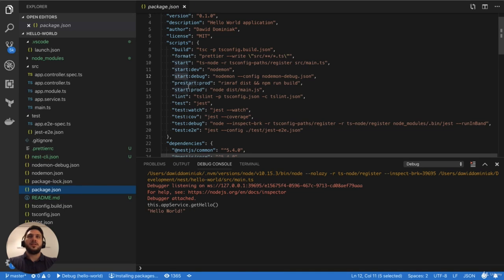Yeah, we are here, and there are two strange scripts: pre-start prod and start prod. Both are running a compiled version of the NestJS application. The first one is compiling and the second is running. The question is why the version must be compiled. It means why we need to compile the JavaScript code. It doesn't have to be, but remember that